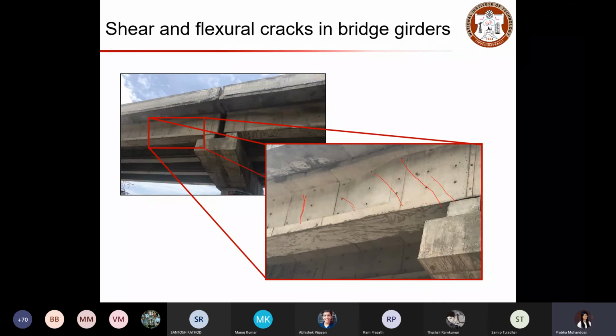So next time when you pass or cross any of the bridges, just observe whether you can spot any cracks on the structure, and if so, depending on the location, see whether you can identify the cause for such cracks. And if you spot any such deformation or cracks, please take a photo and share it with me so we can have a discussion in the class whenever it is possible.